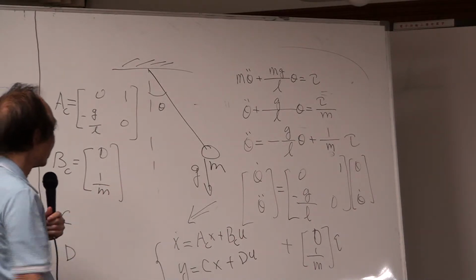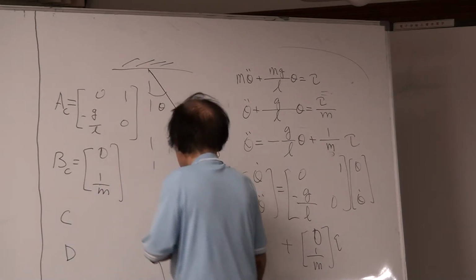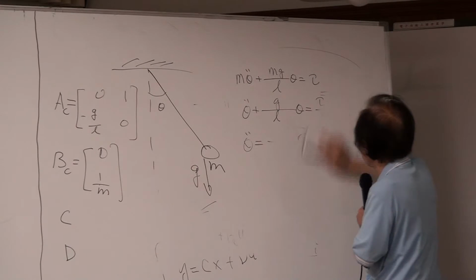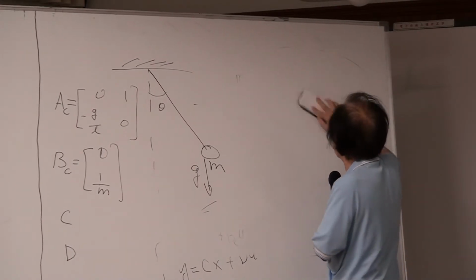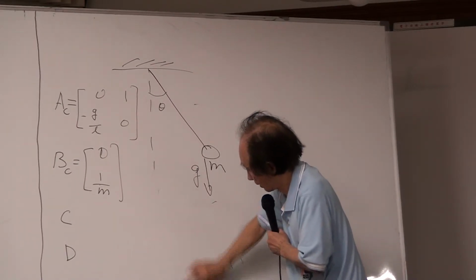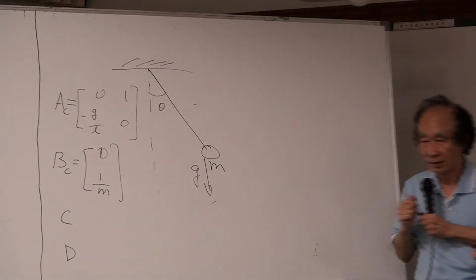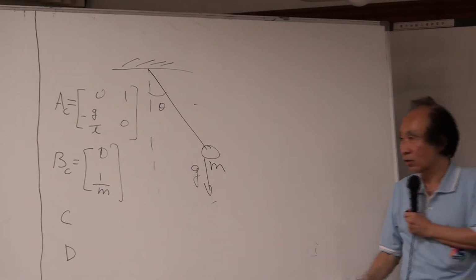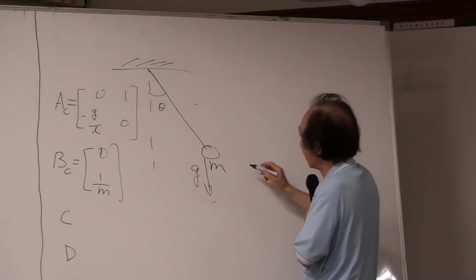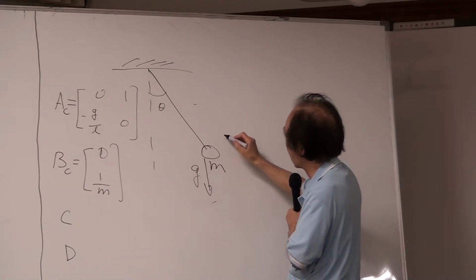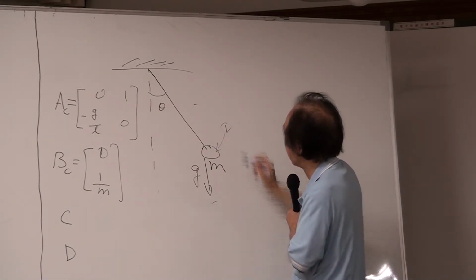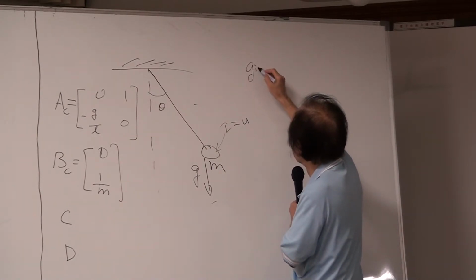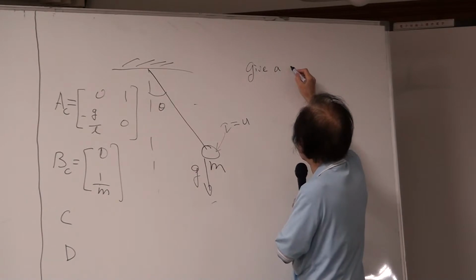I go to do experiments. I can go to the experiments. I say, okay, I give a torque. This torque is tau, u equal to tau, right? So I give